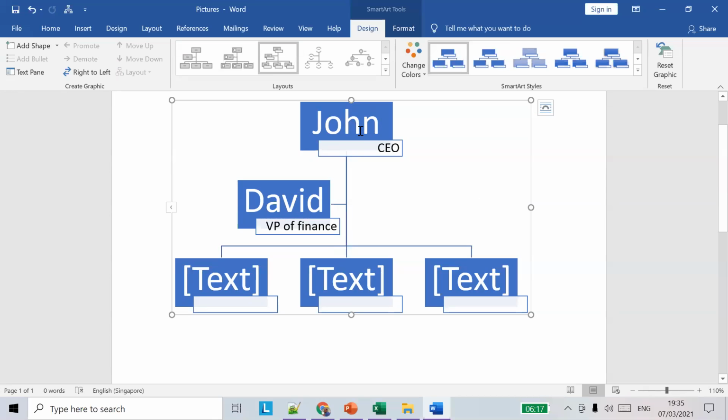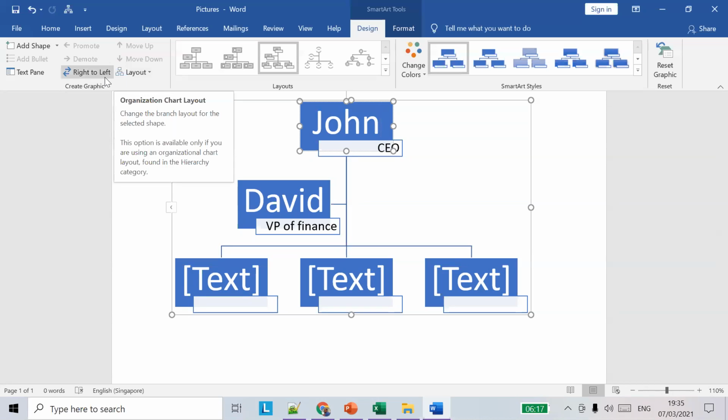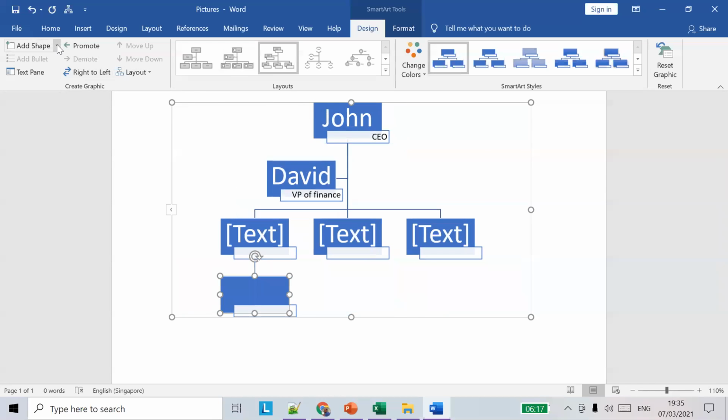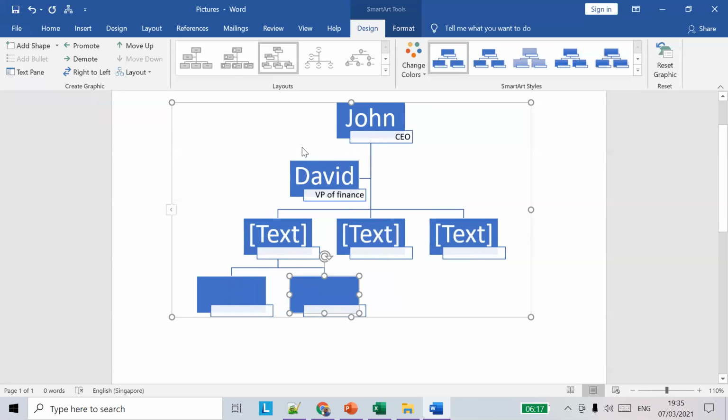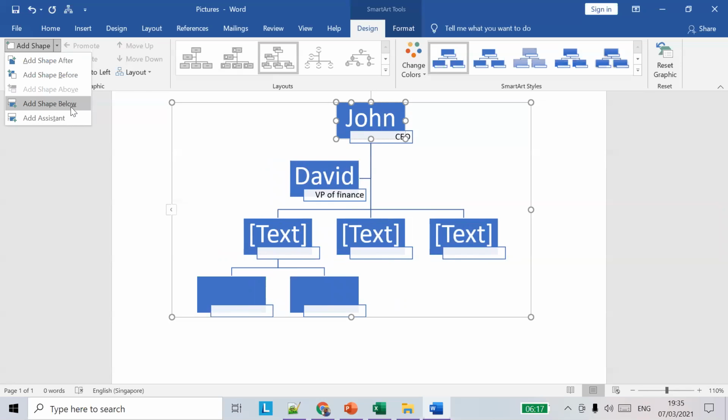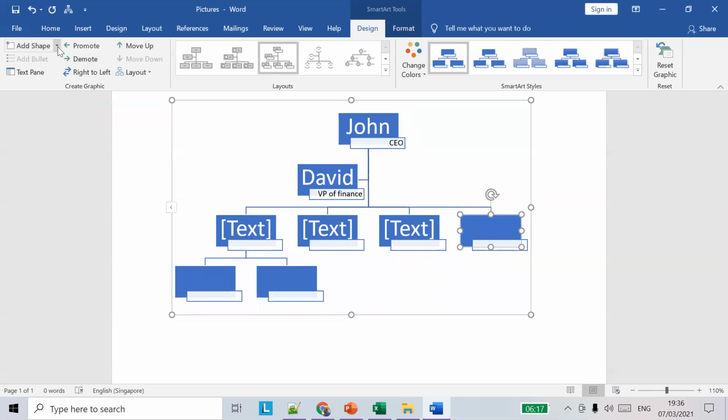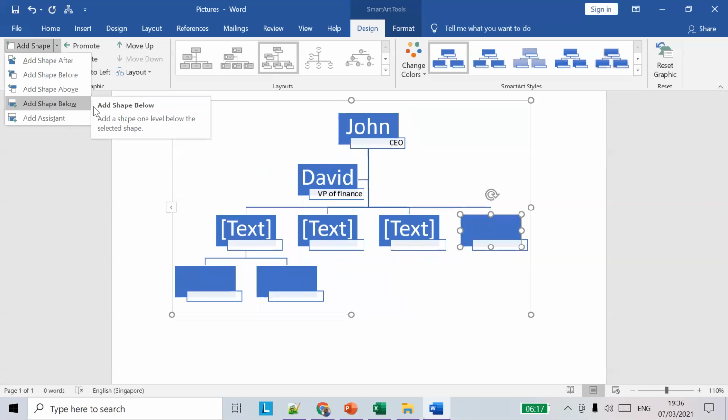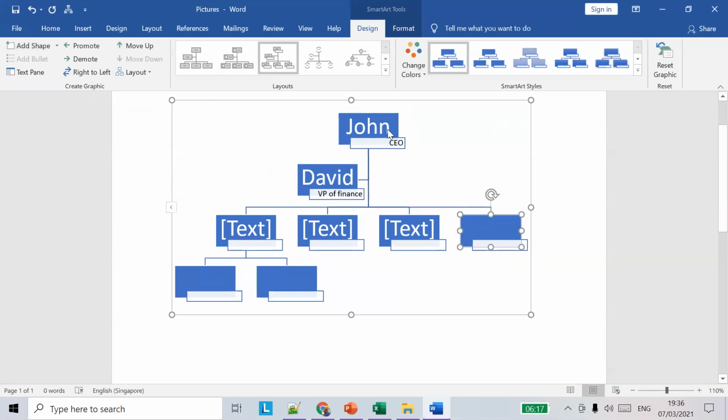Similarly, under John, maybe we can add another report here. So what we can do is go to Layout, Add Shape.